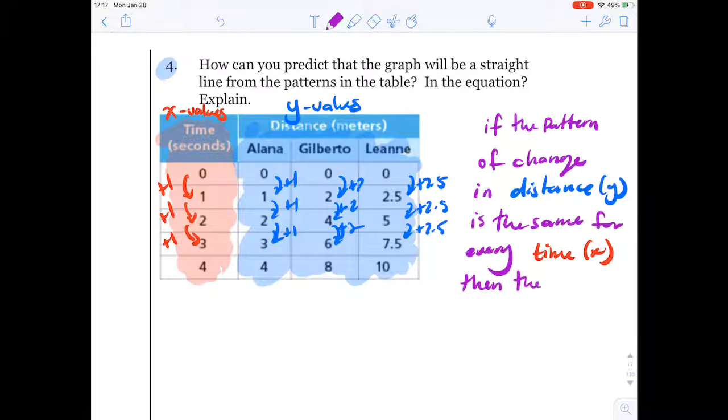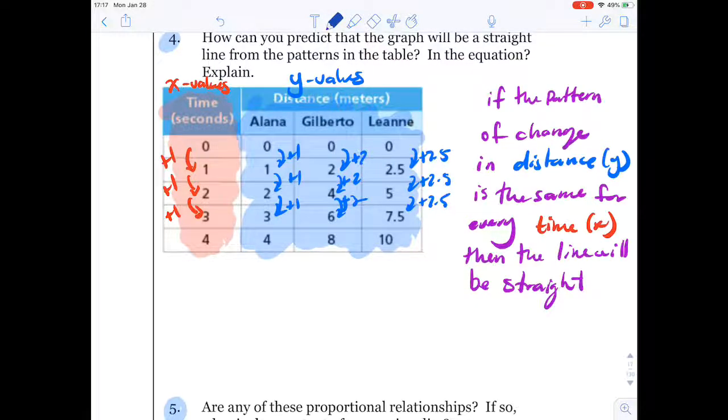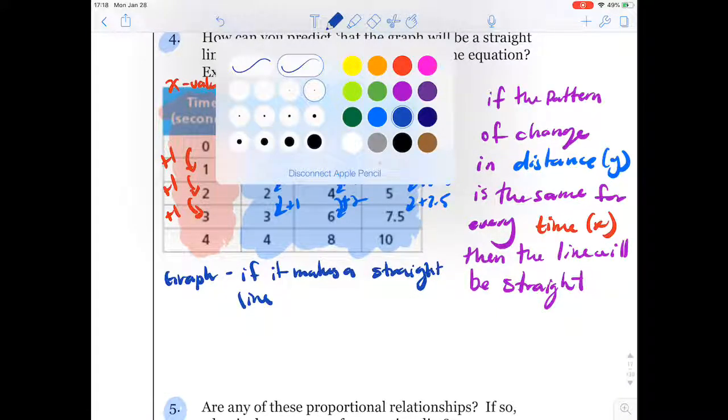Then the line will be straight. Okay. In a graph, this one's really easy. Does it ask for the graph? Well, the graph is easy. Let's just write that really quick. Graph, if it makes a straight line. And lastly, if you have an equation,